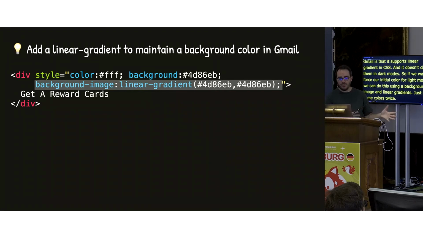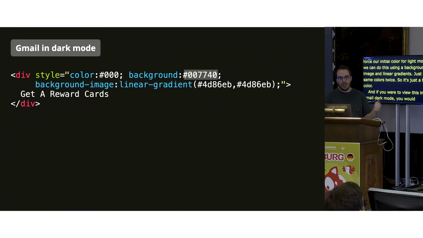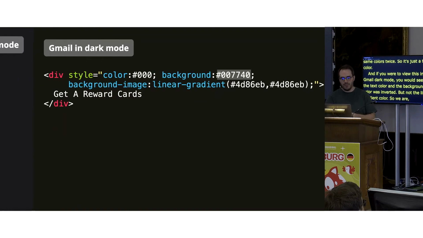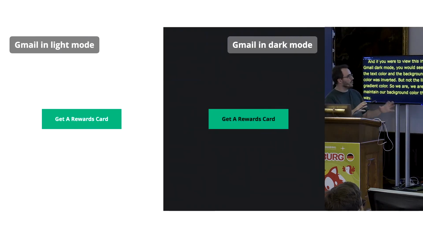If you were to view this in Gmail dark mode, you would see that the text color and the background color was inverted, but not the linear gradient color. So we are able to maintain our background color this way. Back at our button, we now get the same exact background color in both light and dark mode, but we still have to find a fix for our text color, which is turned to black in dark mode.